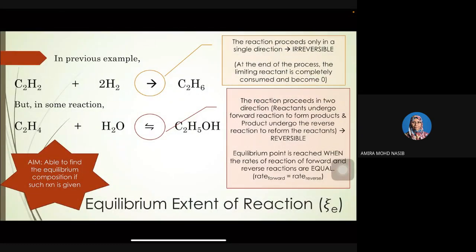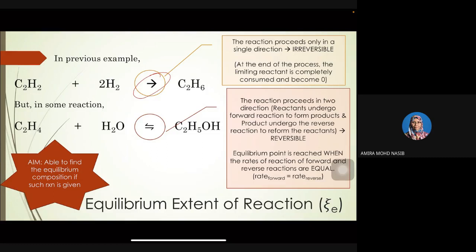We're still in chemical material balance with reaction, but there is another part, new knowledge that you need to learn. Before this, the examples I gave you were straightforward chemical reactions using this symbol. If this appears in your question, that means the reaction proceeds in a single direction, from left to right, which is irreversible, where your reactants react together to produce your product. At the end of the reaction, your limiting reactant will eventually become zero. But